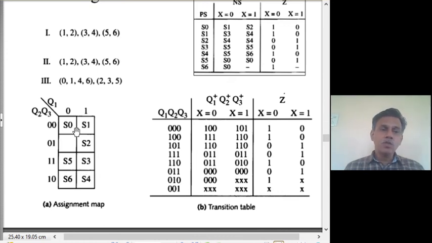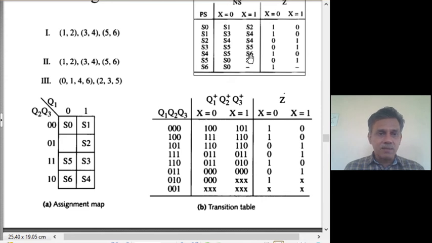Having done that, use this for encoding. Remember, this is S0. So, S0 has an encoding of 000. In place of S0, you put 000. S1 has an assignment of 100. So, you put S1 as 100. That is Q1 plus, Q2 plus, Q3 plus is 100. S2 is 101. Normally that is 5, but now we are giving it for S2. Similarly, S3 has got 111. Normally we could have done it for S7, but we are now doing it for S3. So, wherever S3 occurs, you put 111.